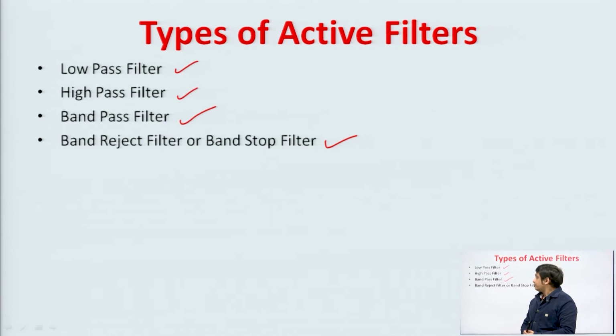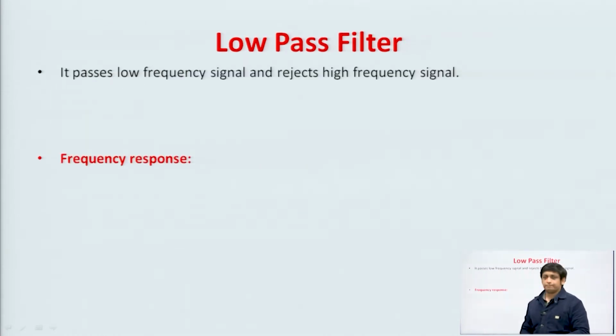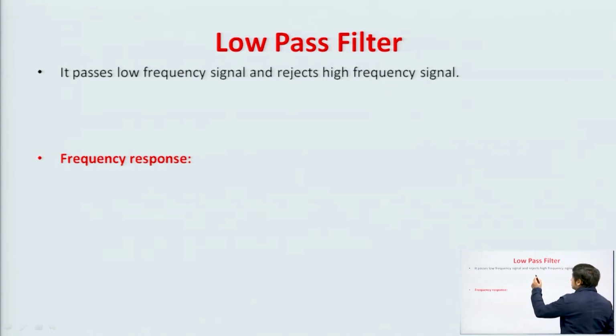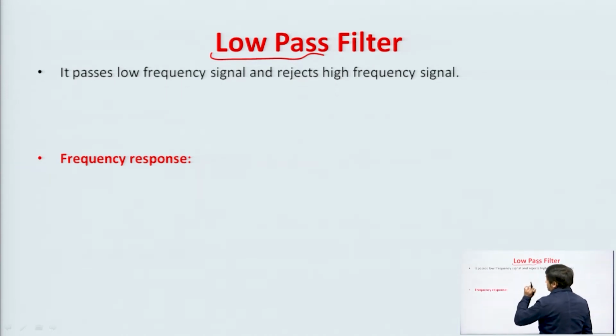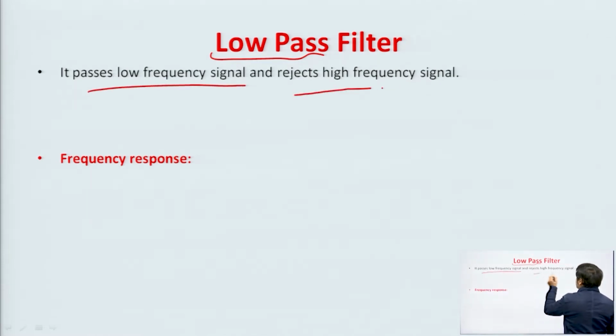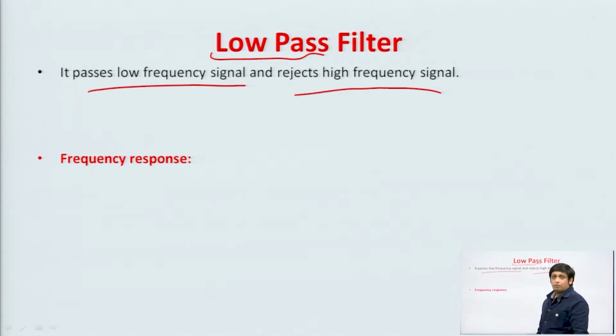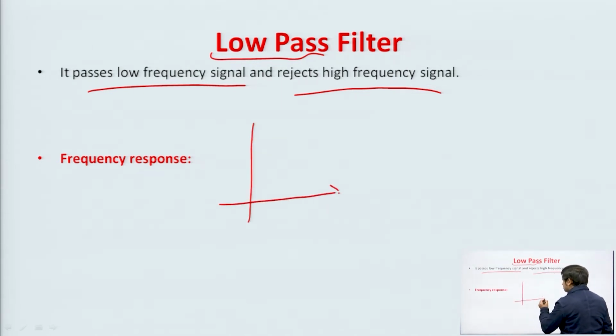But here we are going to study only these 4 filters: low pass, high pass, band pass and band reject. So, starting with the low pass filter, as the name suggests, it passes the low frequency signals and rejects the high frequency signal. What does it mean? It means that when we draw the frequency response of this low pass filter, that is the gain versus frequency,